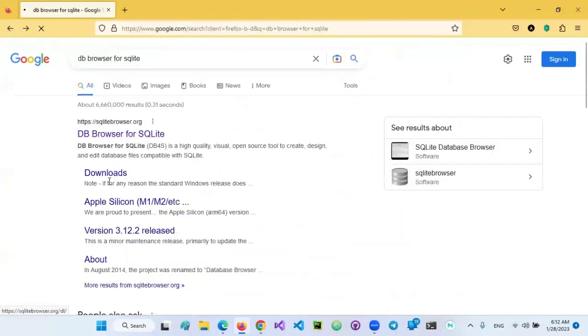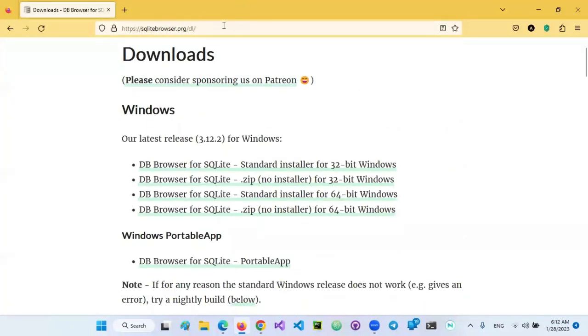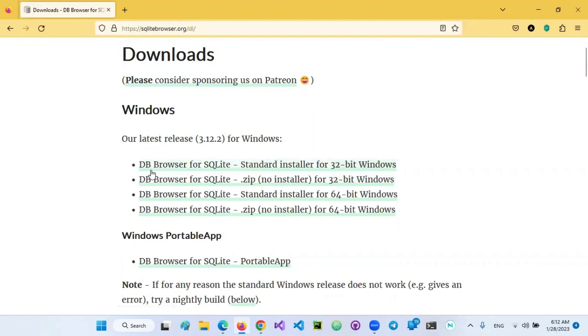Just go to the download, or the link that I will be putting in the description, and install it from here. It is easier to install it with a standard installer, okay, and you can choose 32-bit or 64-bit,